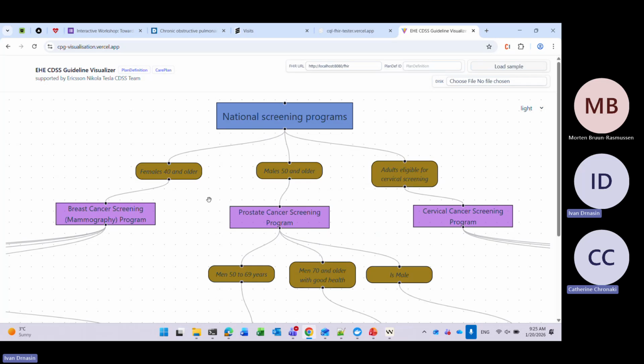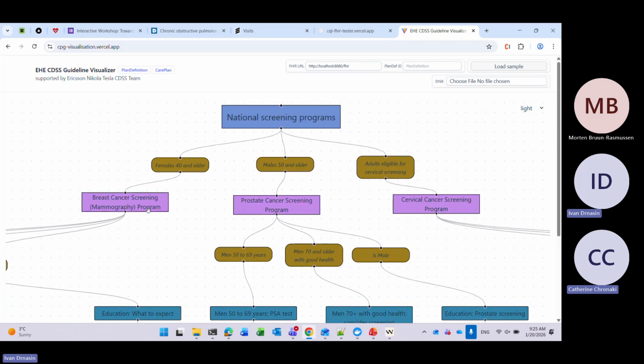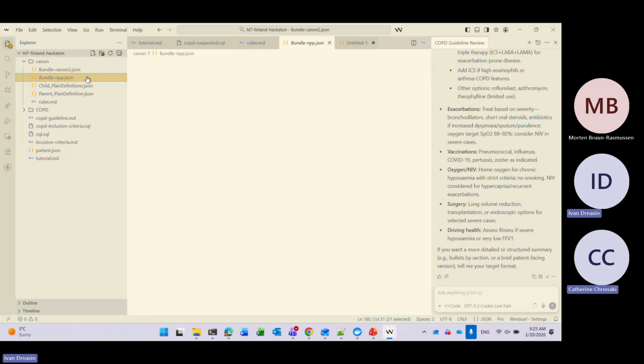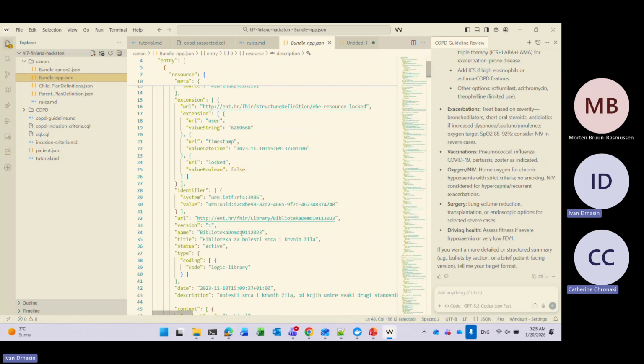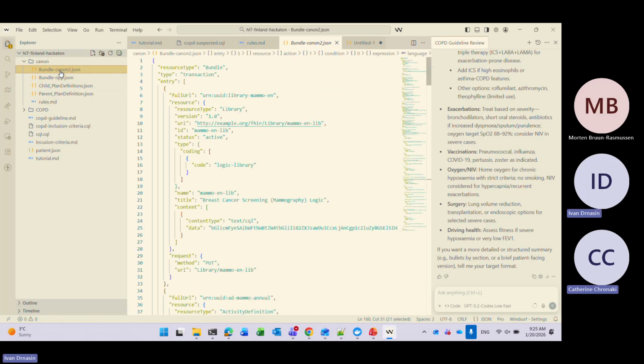So this is just to show the point of how we structure clinical knowledge, and what kind of input you give to the AI, right? Yes, I will give this to AI, and I think this is the Croatian version. So this is an example of a screening program, while our guideline is for COPD, but still it's useful for the AI to structure the knowledge, right? Yes, this is my canon, plan definition with SQL libraries, whatever.